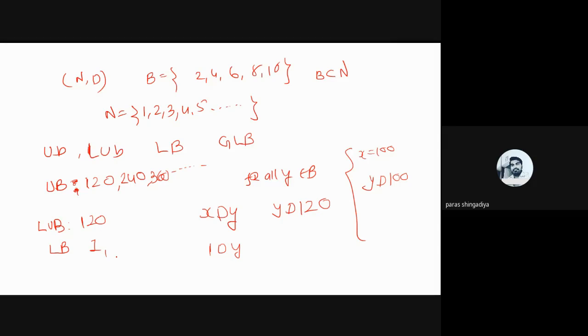Then after for a 2, so 2 divide 2, 2 divide 4, 2 divide 6, 2 divide 8, 2 divide 10, it is also correct, clear. So 2 is also the answer, the lower bound. And now next number is 3, so we cannot consider 3 is the answer. Why? Because 3 divide 2, 3 divide 4, it is not possible, that means it is not true, okay. 3 को आप 2 से डिवाइड नहीं कर सकते, 4 को आप 3 से डिवाइड नहीं कर सकते, so 1 and 2 is the only possible answer, ठीक है। And now the greatest lower bound, GLB, what is the answer, the 2, clear.